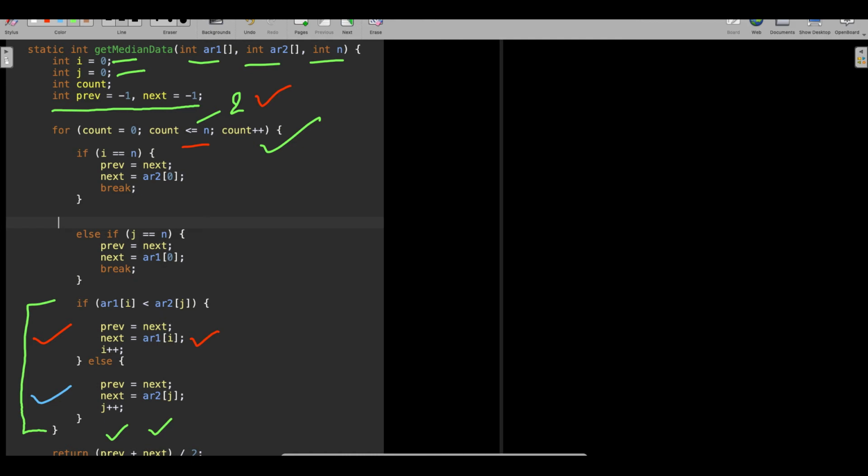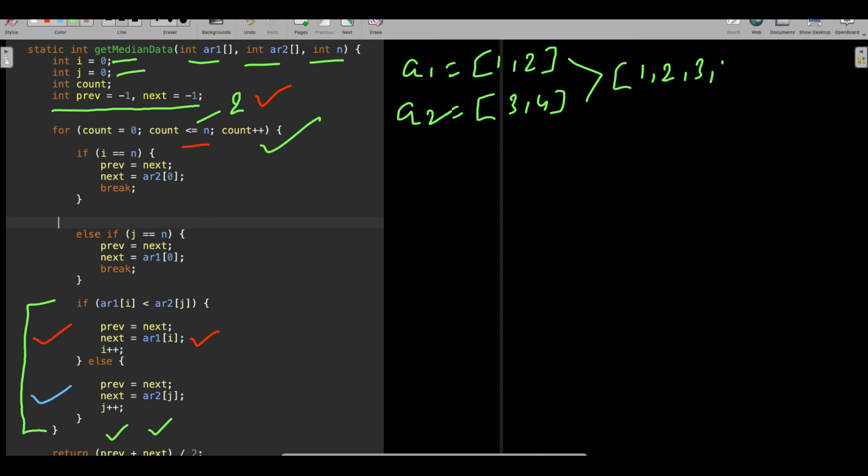Assume that in an interview they can give you any kind of question. They have given you A1, which is 1 comma 2, and A2, which is 3 comma 4. When you merge both, the final array will look like 1 comma 2 comma 3 comma 4.